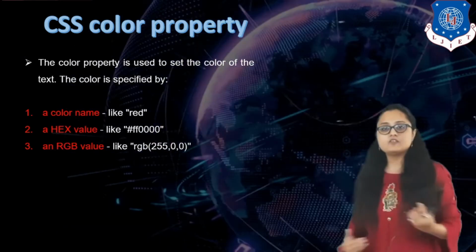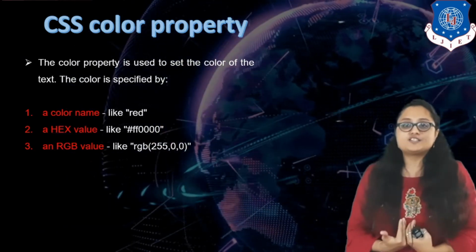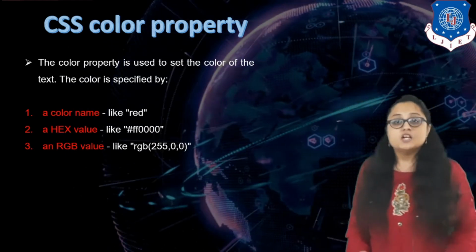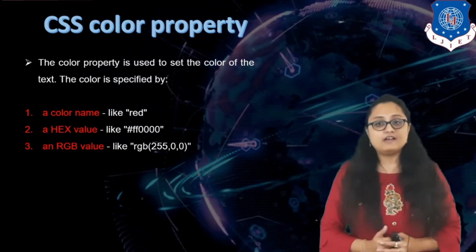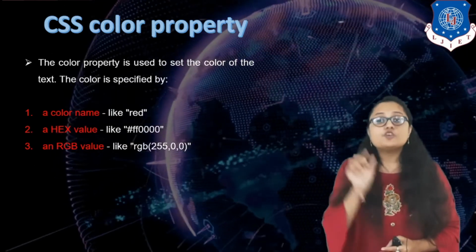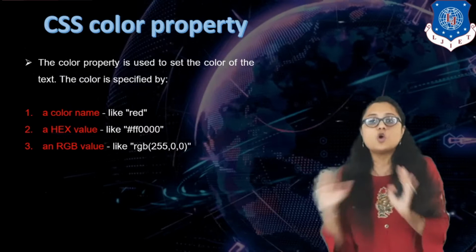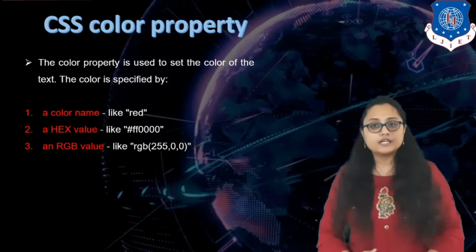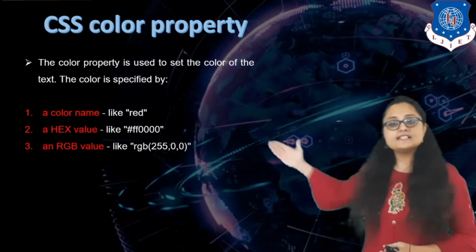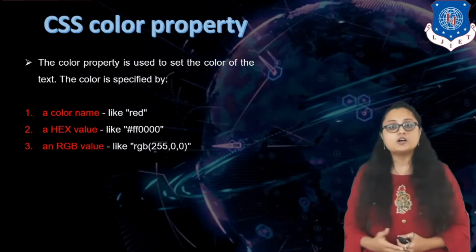Here again in our case, if I want the darkest red color, it means for the first value of RGB I have to specify 255. For the value of green and blue I have specified 00. It means I don't want any green or blue color in my output, right? So these are the 3 ways in which you can specify the color property value.